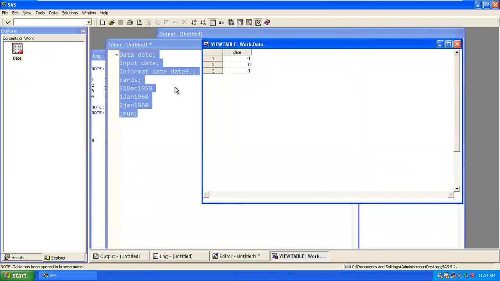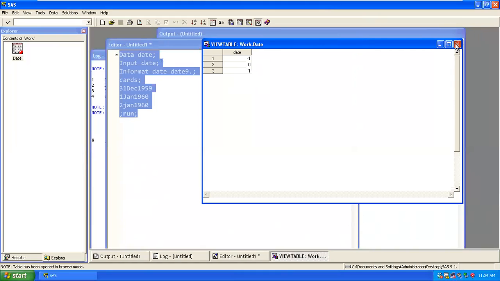Now if you look, 1 January 1960 is your base date, which is nothing but 0. When you go above that, 2nd Jan 1960 means it is 1. So the number of days passed from 1 January 1960 to 2nd January 1960 is 1 day.